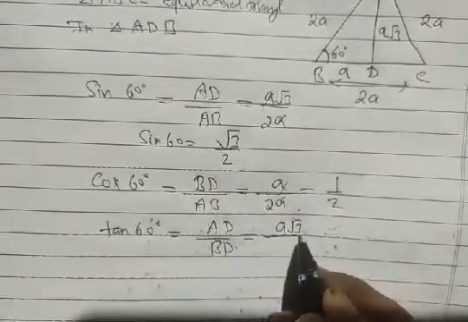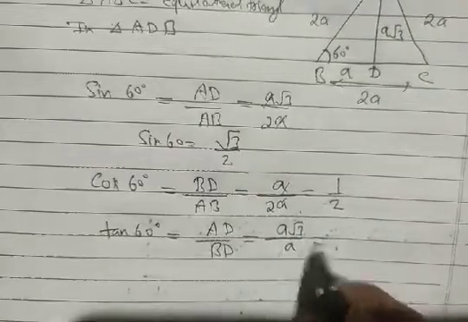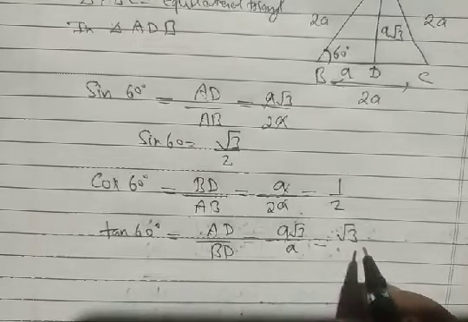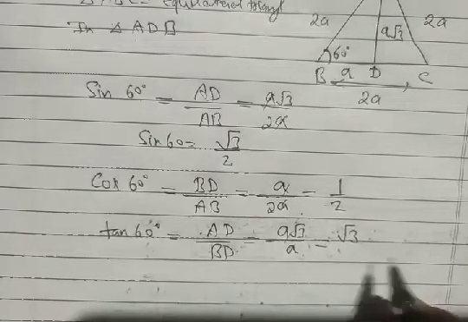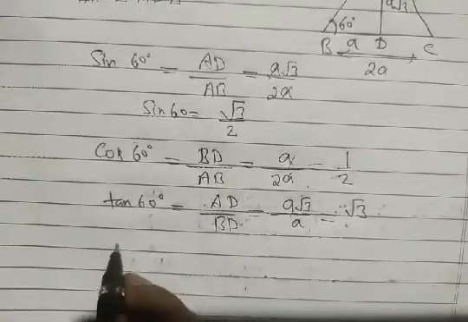A root 3, and our BD is what? A. Then we have it's root 3, and we have tan 60 is what? Root 3. Now we move to find out other T ratios. Again we are using the reciprocal condition,